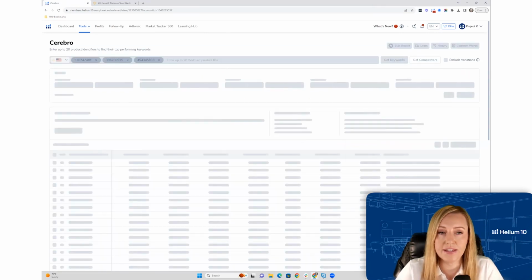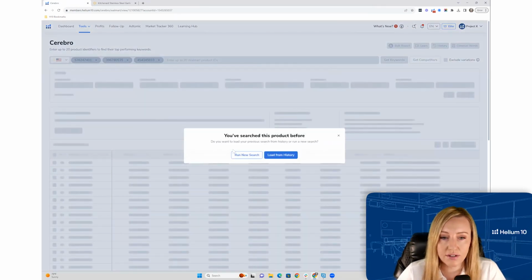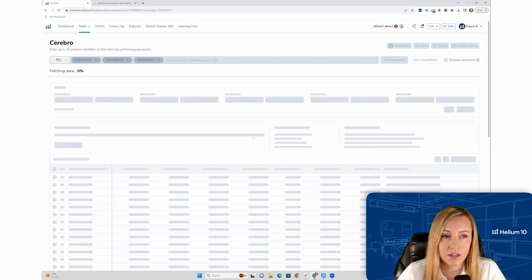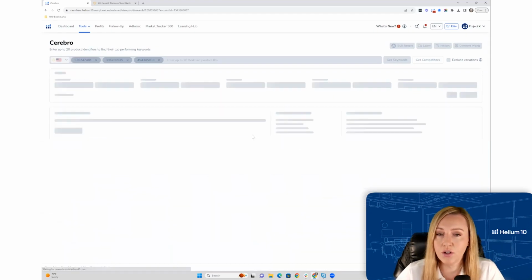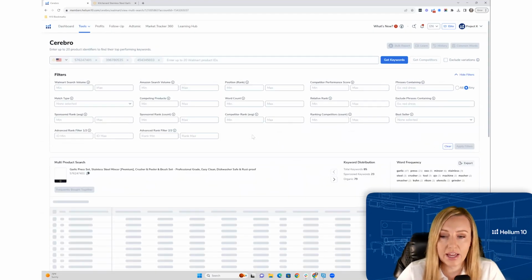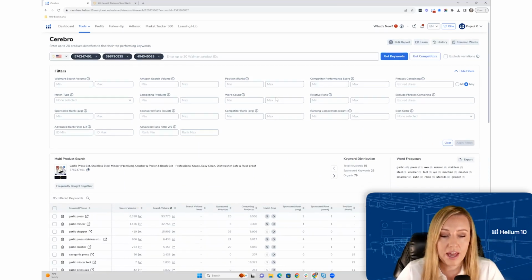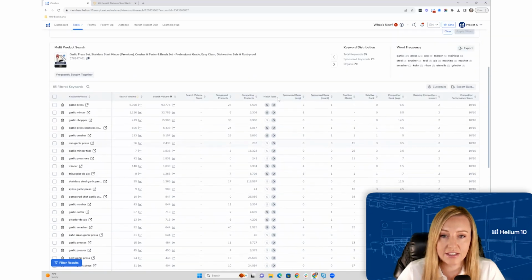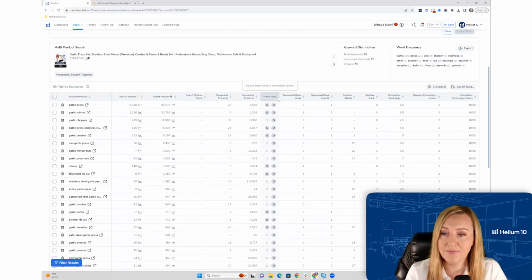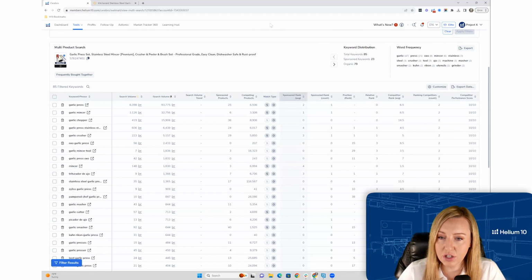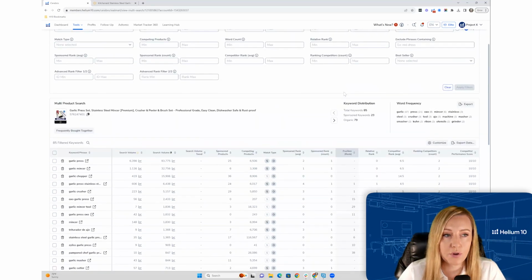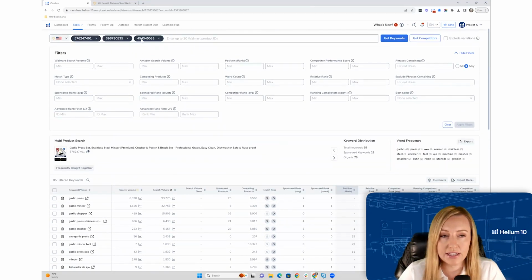This is going to show all of the keywords that all of these products are ranking for. So you're going to see the organic and sponsored keywords in here. And there are a few more filters here. What I like to do is look over here, where we've got position rank. Whenever I put these different product IDs in here, I always put my own first if I want to compare myself to my competitors. So we're going to pretend like this is us.